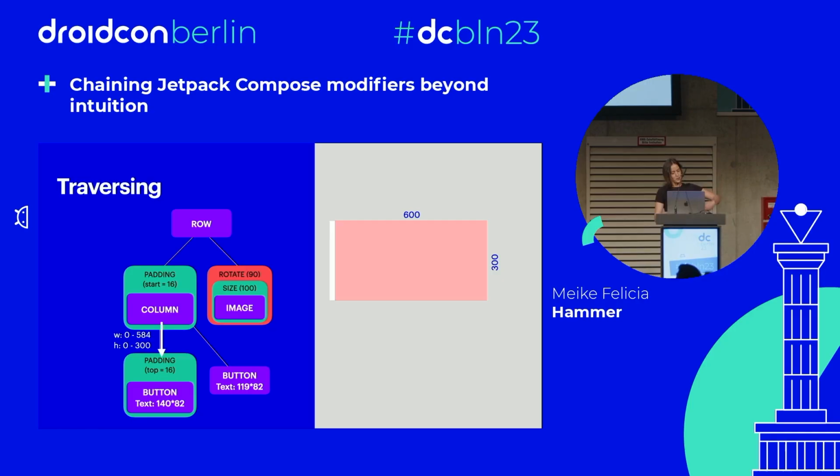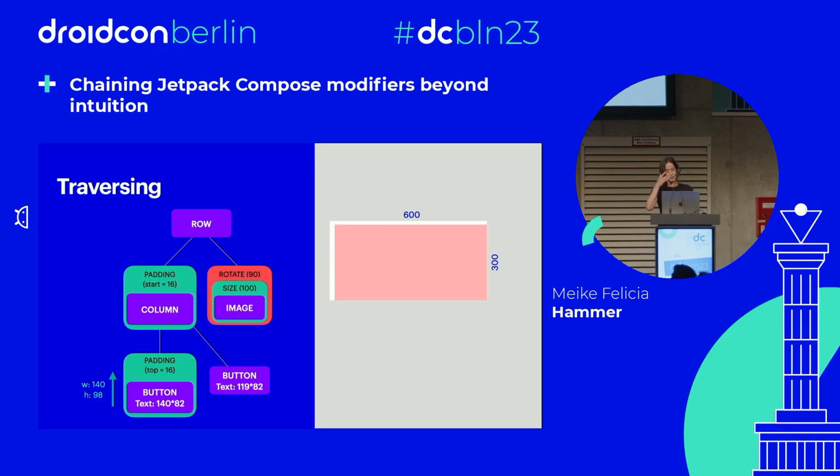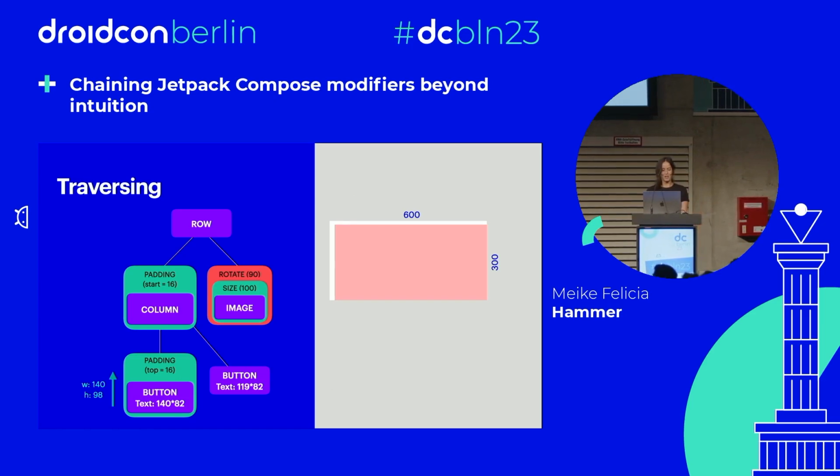And of course, the padding modifier again reduces the size first on the top, and then the available space for our button appears. Calculating all the stuff, we realize the size with the button and the padding would be 140 by 98. That's why 82 plus 16 gives our height. And then since we know our size, we can report that back, place the button, and go to our next